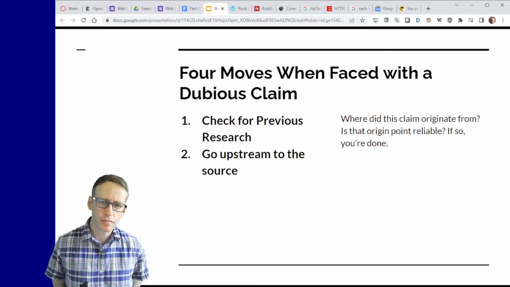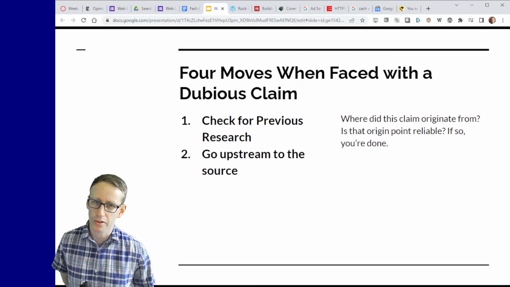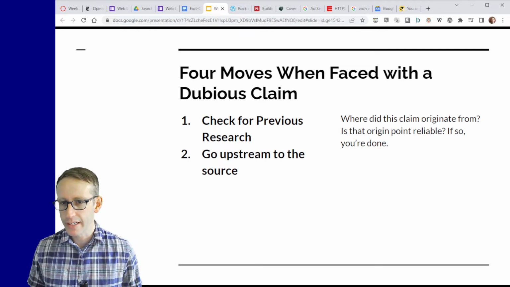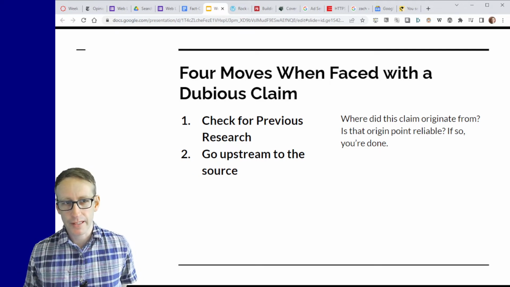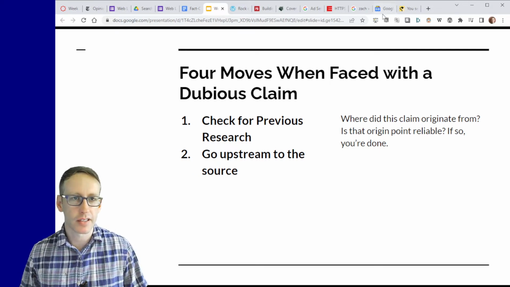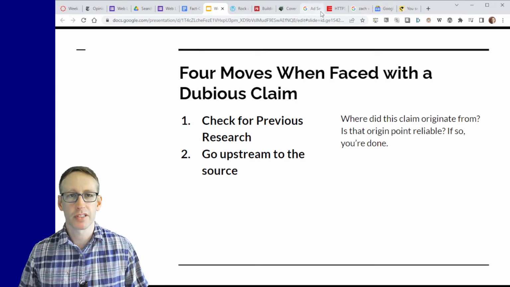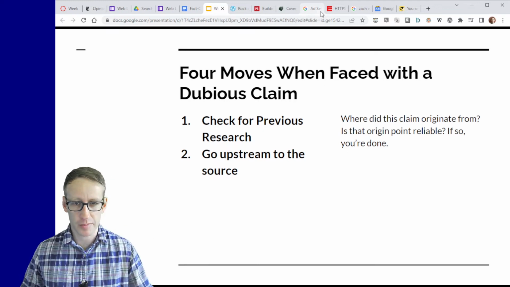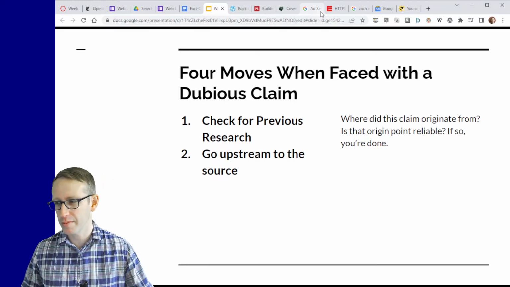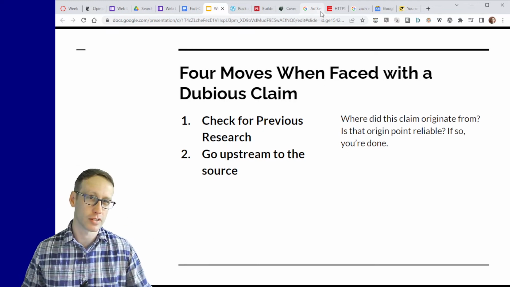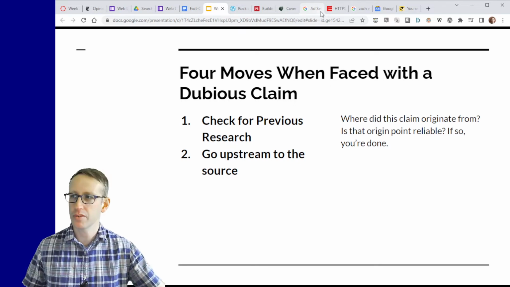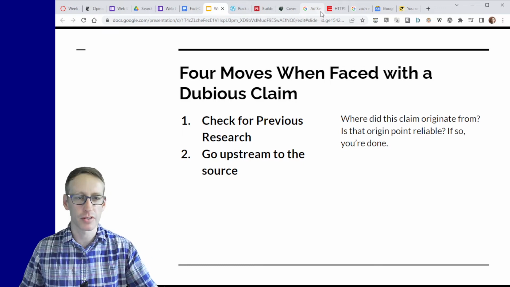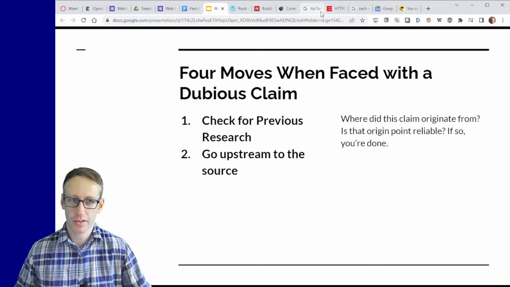So the second step in the four steps that Mike Caulfield talks about is to go upstream. So figure out, where did this claim come from? In this case, I guess the one I clicked on, Michelle Bachmann, is the original claim. I didn't really read it, but that seems like it is. But maybe she heard that from somewhere else. Maybe there's some other source that she's referring to, and you can see what her source is. And then you can keep tracing that upward until you find the original point where this claim came from.